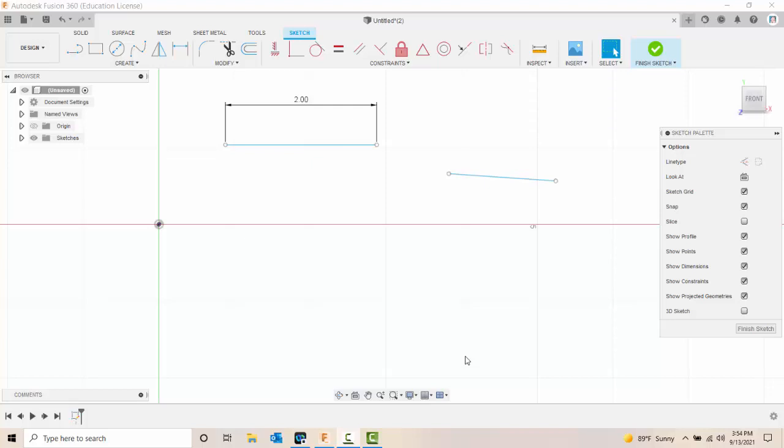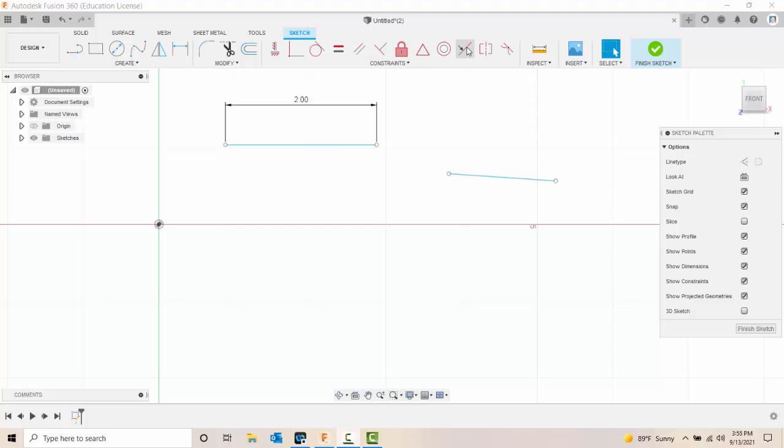Colinear constraint. A colinear constraint forces one line to be lined up with an infinite line. So when you run these two together, they would form one line. In other words, they wouldn't cross ever if we extended them. So to do this, we're going to go up and choose our